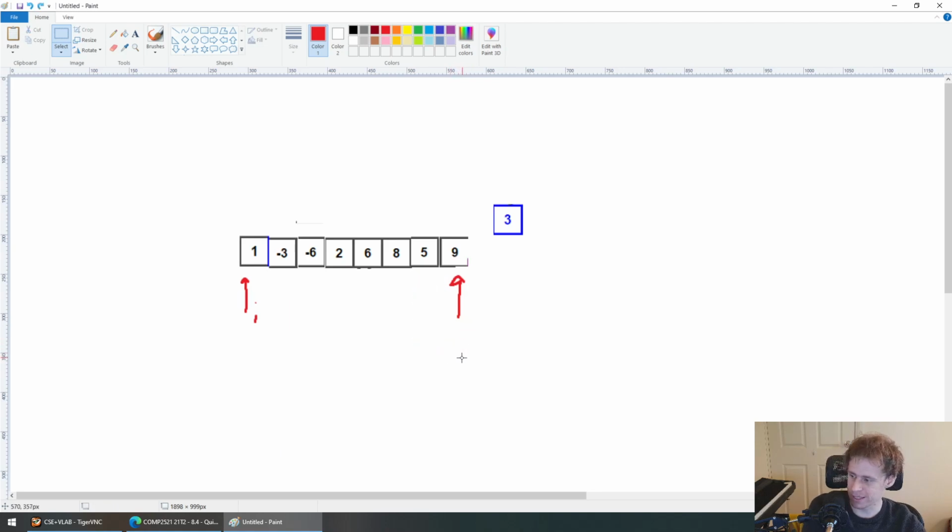I already sorted these. Sorry, let me go back. Is that better? That looks better. Sorry, I was like, I'm pretty sure these look pretty sorted. So